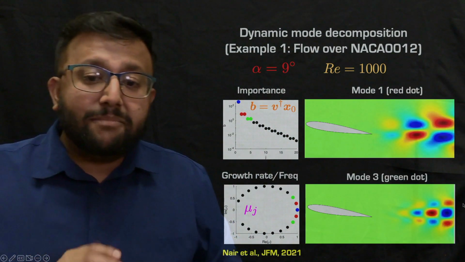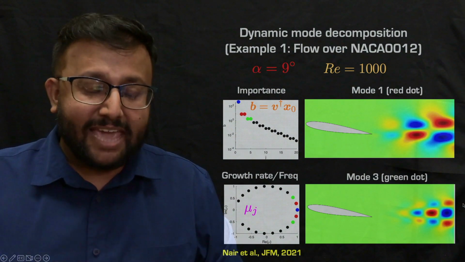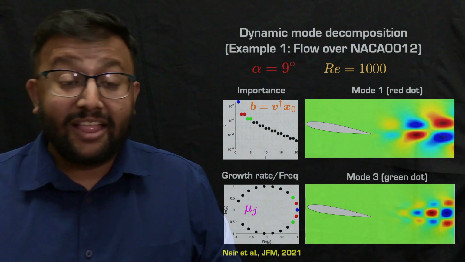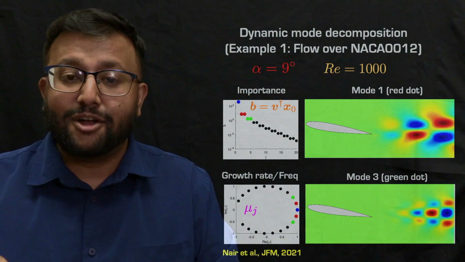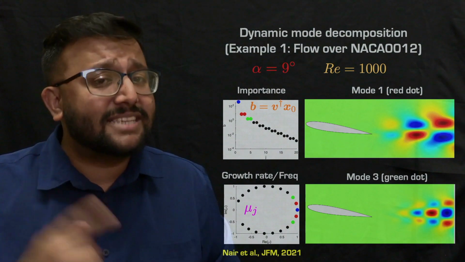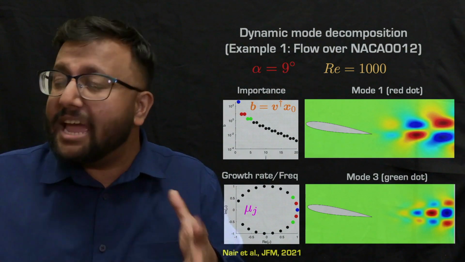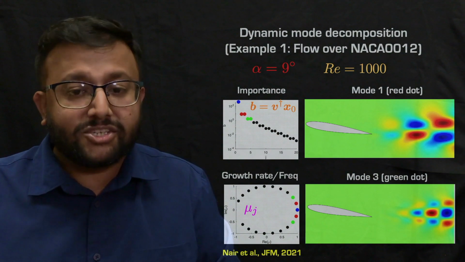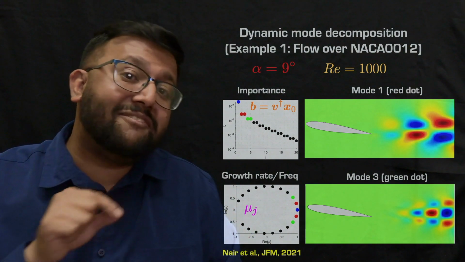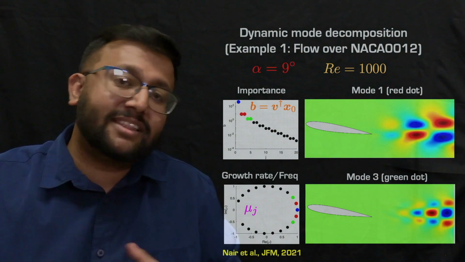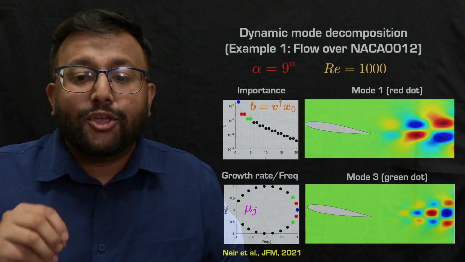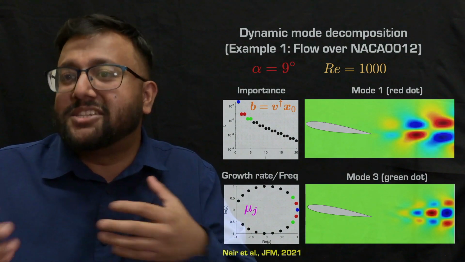Now, the DMD mode shapes that we get for mode 1 and mode 3, so this is for the red and the green that I'm showing you, they look very, very similar to what we obtained from POD analysis. This makes sense if you think about it, because DMD modes are oscillatory in nature and they have associated frequencies. Now, the POD modes that we obtained by organizing them on energy content were also oscillatory in nature. So you're actually going to get pretty much the same